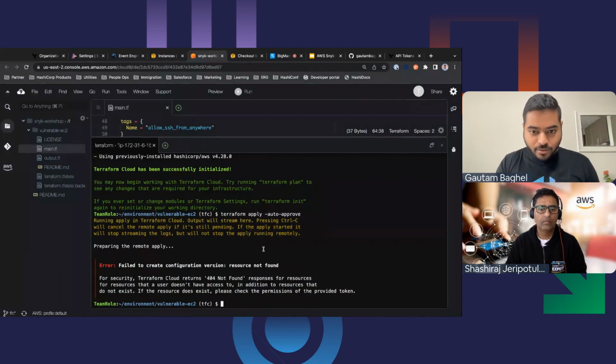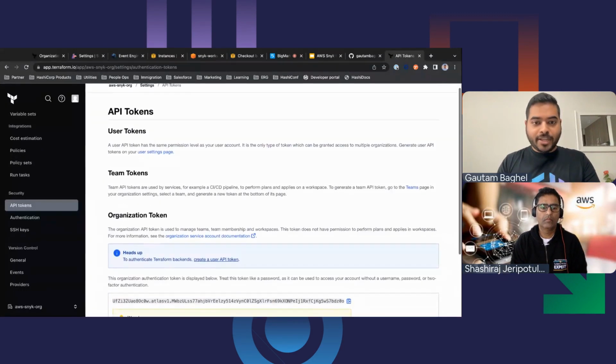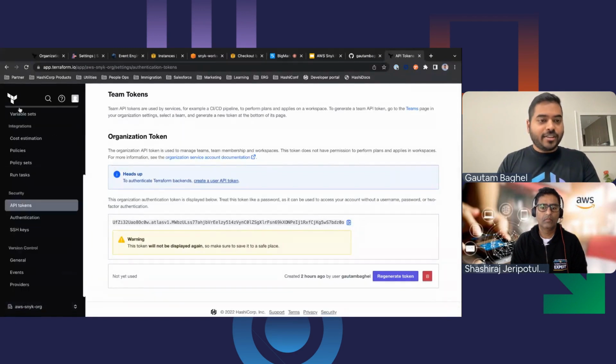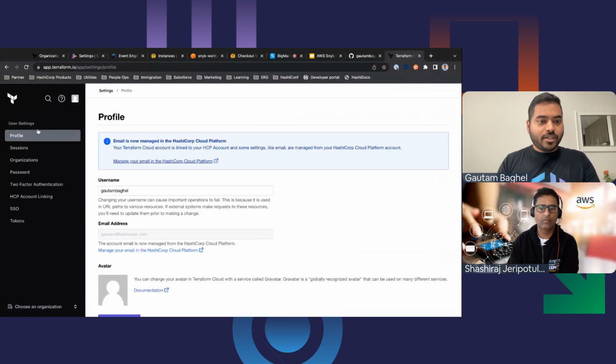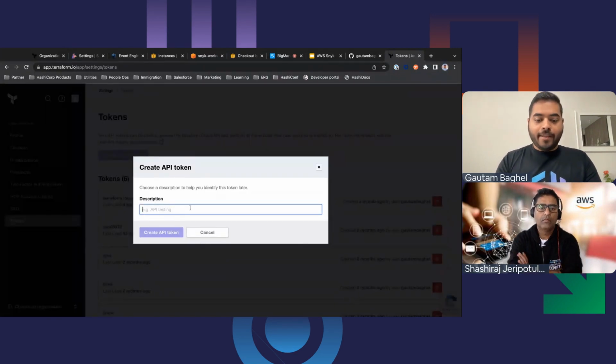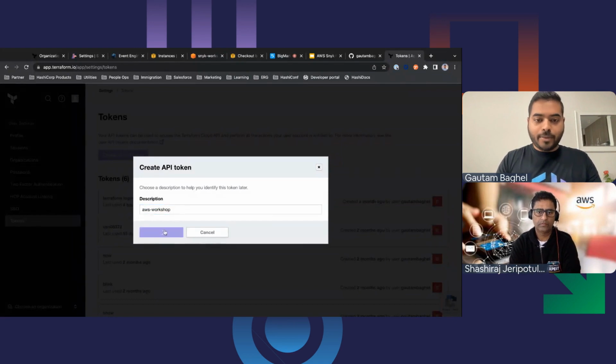All right, so configuration version. It's a token issue. Sorry, let me see if I can, instead of my app token, use my user token. So I'll go to my profile, user settings, tokens, and I'll create an API token. I'll do AWS workshop API token.